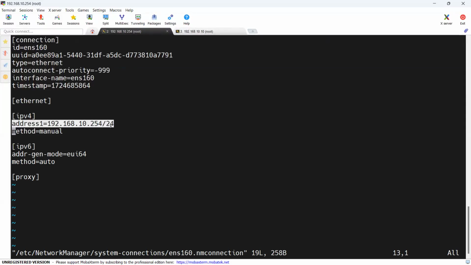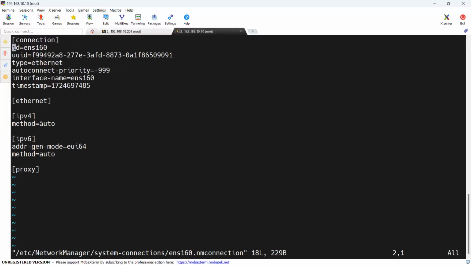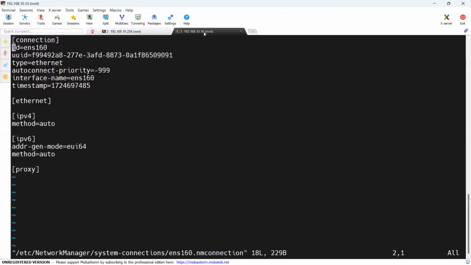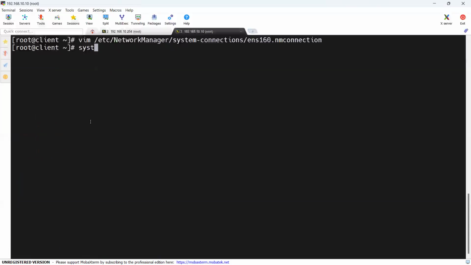This is my static IP. But the client system is running with a dynamic IP, not static. So by default 10.10 is running. But this one is running with a static IP address. So if you want to get it dynamically, you keep method equal to auto. Then save the file, and finally we can start the service with systemctl